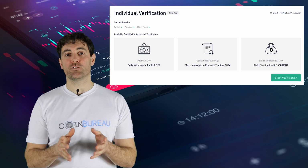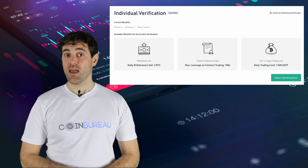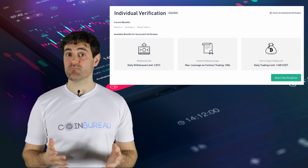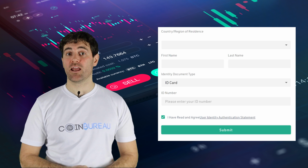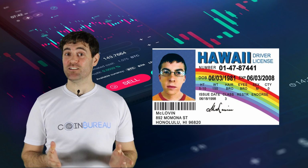Now, I know this may be controversial for many, especially given that most other leverage futures exchanges don't have any such requirements. How long they can continue to offer such unverified services in an era of stricter AML regulations, no one can really know. Either way, the KYC process at KuCoin is quick and should have your account verified in under 4 hours. When I did it, it took over a day, but that is because my ID document was